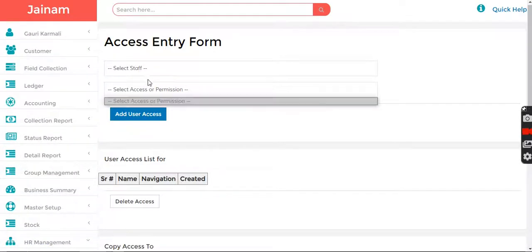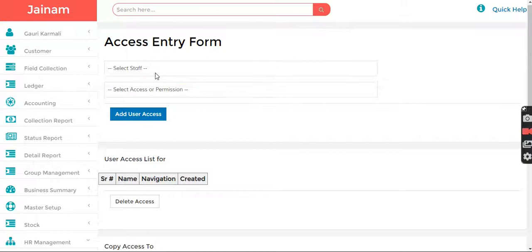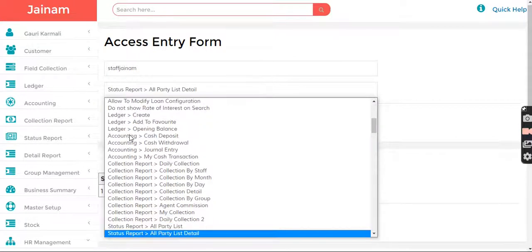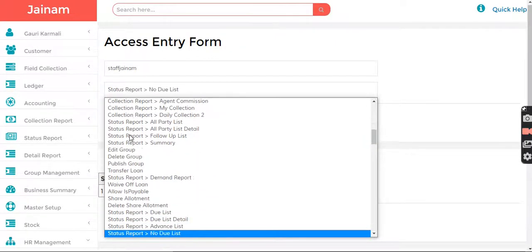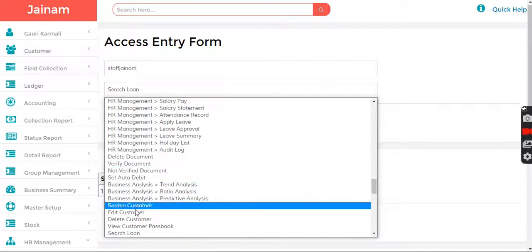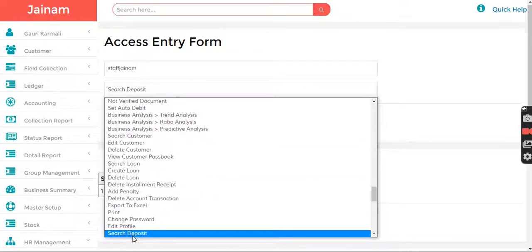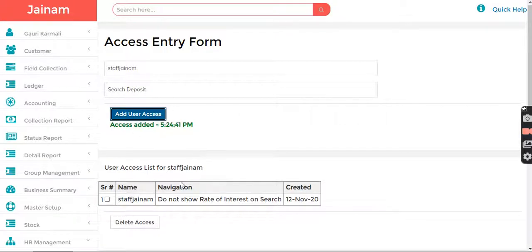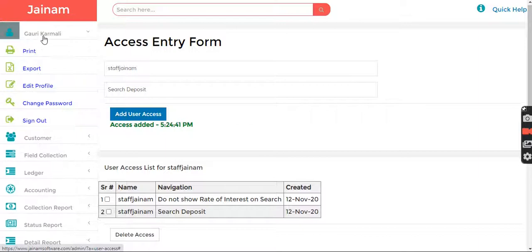Select staff and search loan, search deposit. Okay, add user access. Now I'm going to log in as staff Jainam 1.